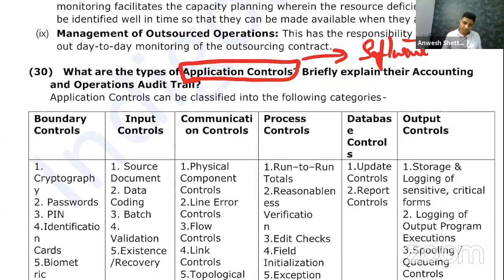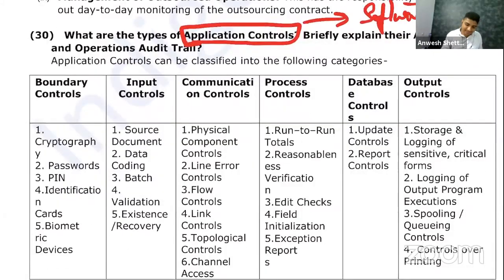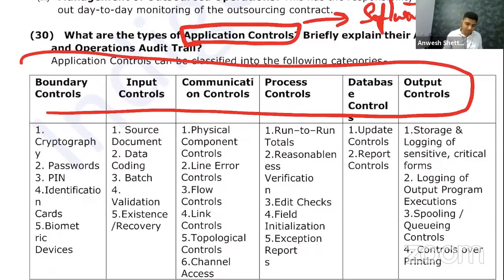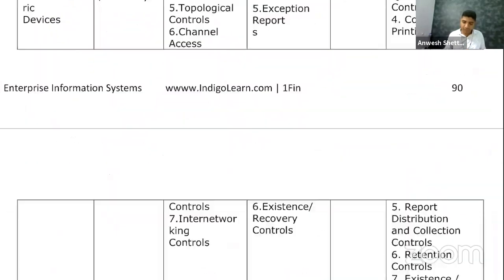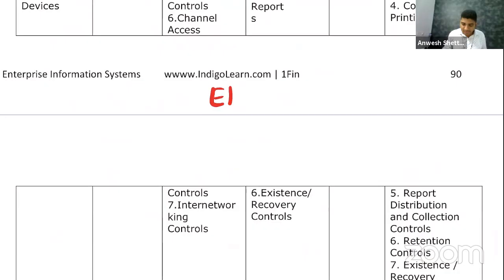Now, when we talk about application control, there are 6 controls under application control. I'll give you the summary about the 6 controls. Okay, let us say there is an ERP. What is ERP? We have studied it in chapter 2. Now, in ERP,